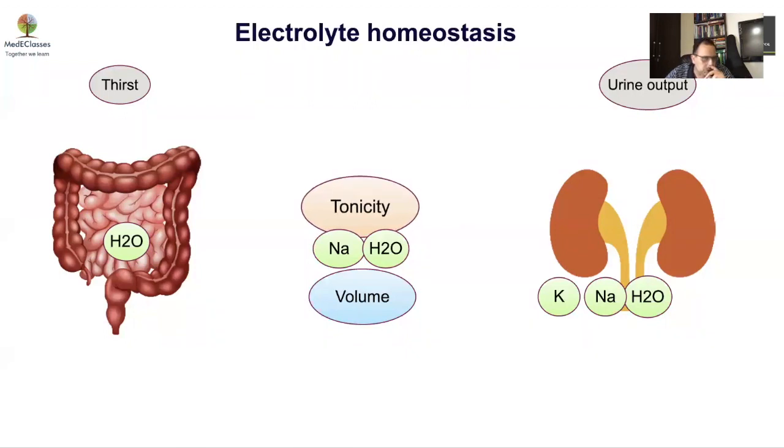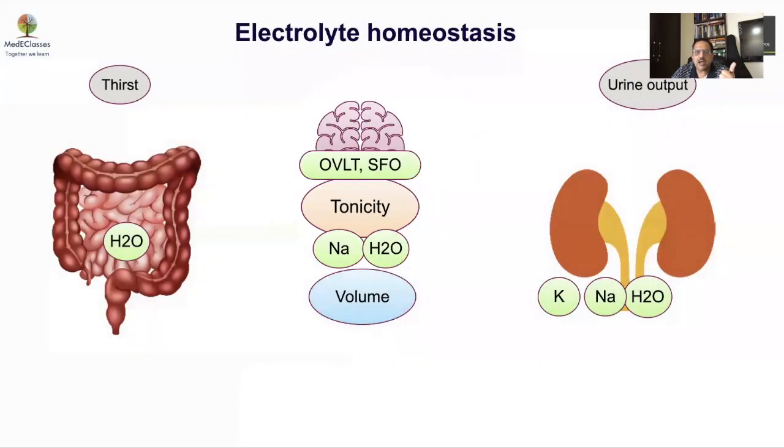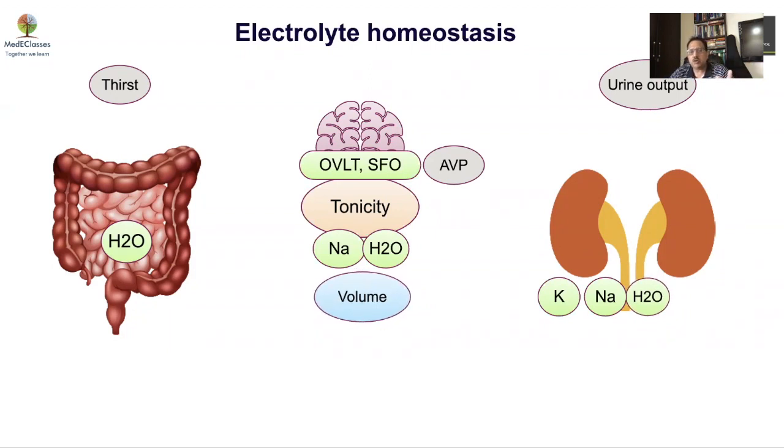Now, in conditions where there is an increased tonicity in the body, this is sensed by the specific organs in the hypothalamus, the organum vasculosum lamina terminalis, OVLT, and the subfornical organ. And from there, the body will produce greater amount of vasopressin. And this vasopressin is basically going to then concentrate the urine. So the urinary excretion of water becomes less. There is less amount of water in the urine. So you have more water in the blood, and that is going to correct the osmolality